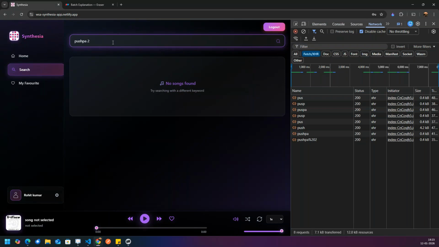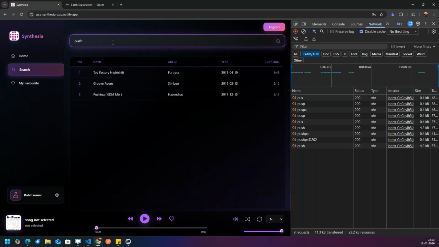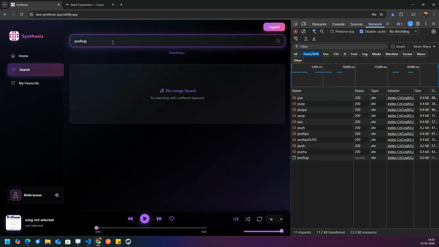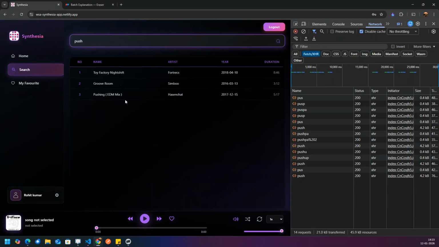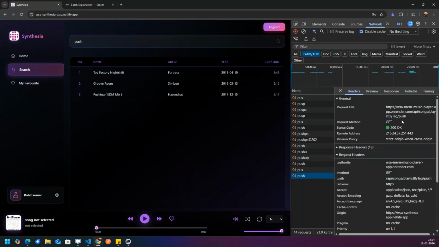You have to write the playlist. This gives you playlists, not Bollywood, Hollywood songs. So if you write push, see, some songs are coming according to push. That is written here. See here, the API call we have done.